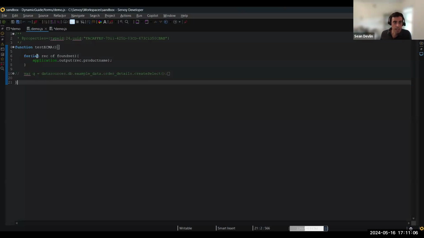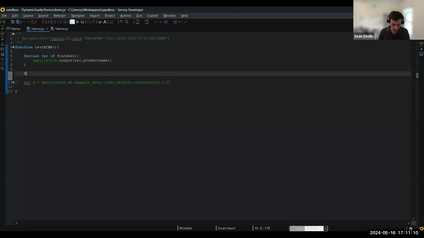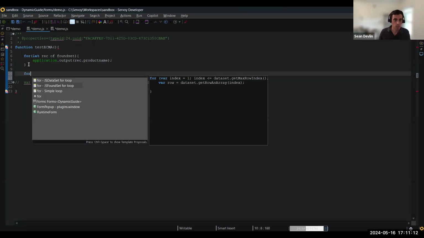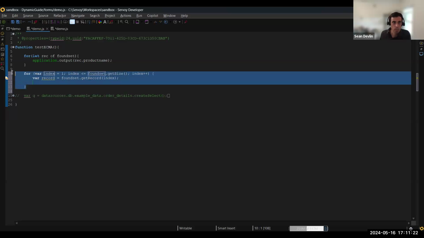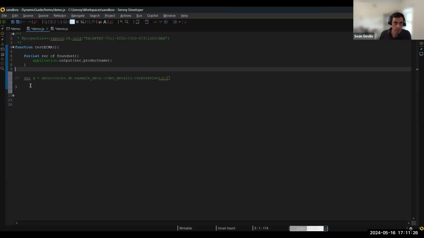You can use the for let syntax. So before you would have to do something like for and then a JS found set for loop, and you have to set your iterator, found set get size, etc. Right? So that whole complicated loop where you get the record in the first line,